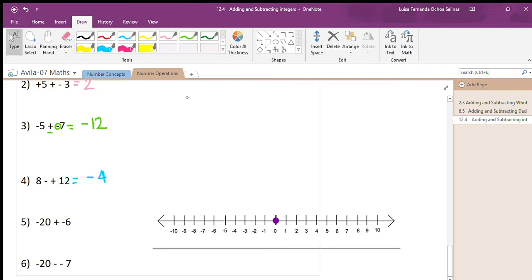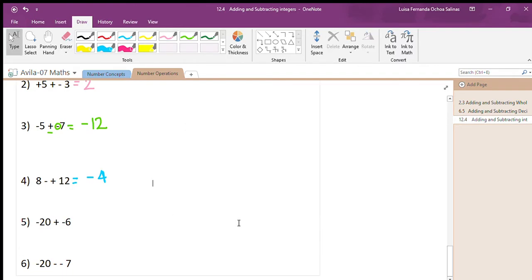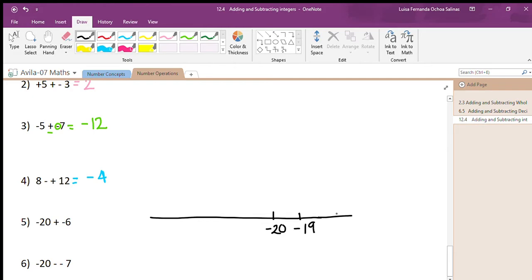I'm going to delete it because I actually have to draw my number line. This one doesn't fit because it starts in -20. So I'm going to do my number line here. Perfect. I'm going to put here my -20. Here will be my -19. If I need more numbers, I keep going. -18. And to this side will be -21,